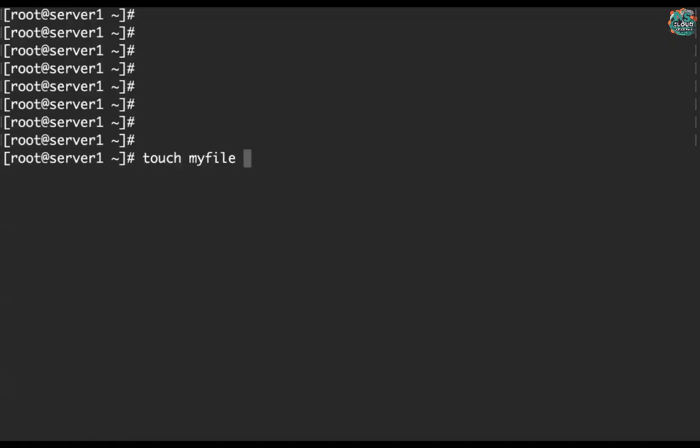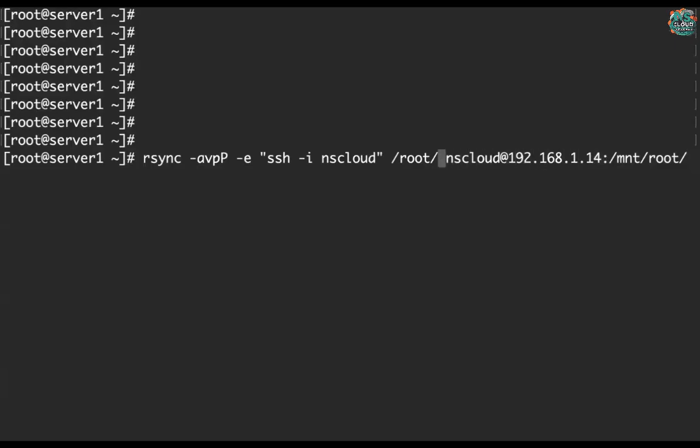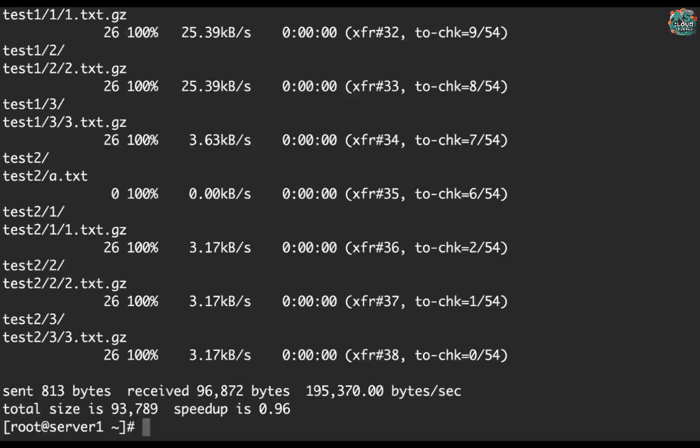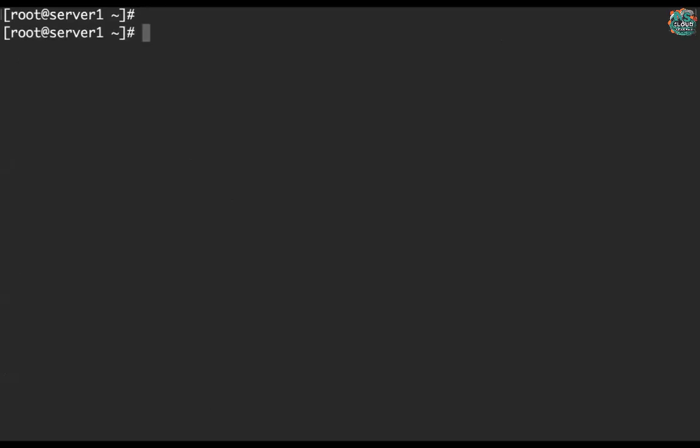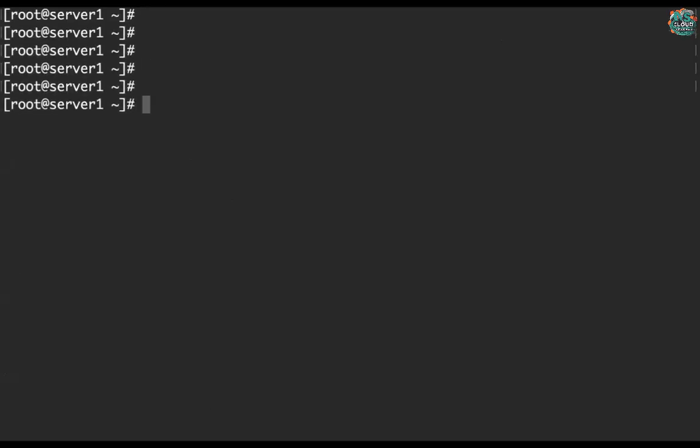If you want to copy anything from remote to your local machine, you can do the same thing. You just have to change the source and destination. Now the source becomes the remote file and the destination becomes your local area, for example /mnt, and you copy from there to here. Run ls /mnt, check /mnt, and you will get the root folder here. Understand? rsync and scp are both there, but rsync is more